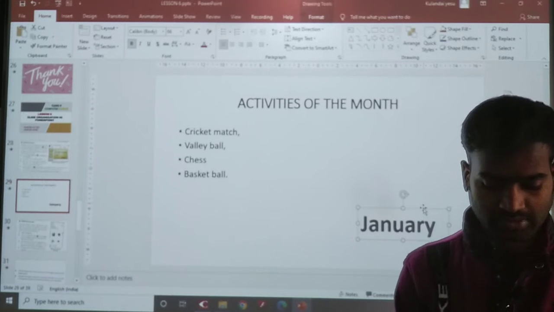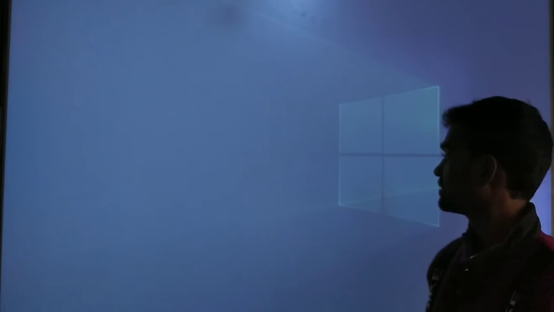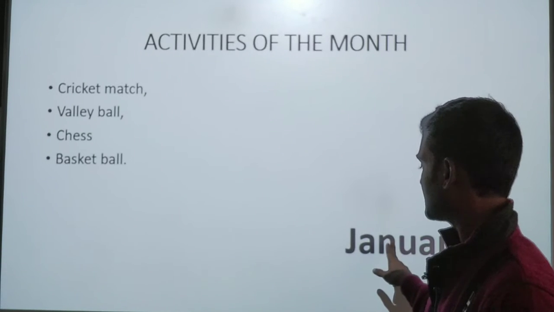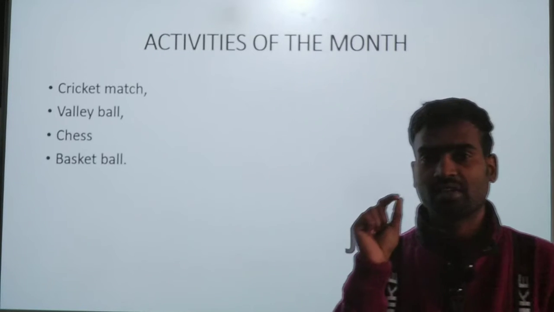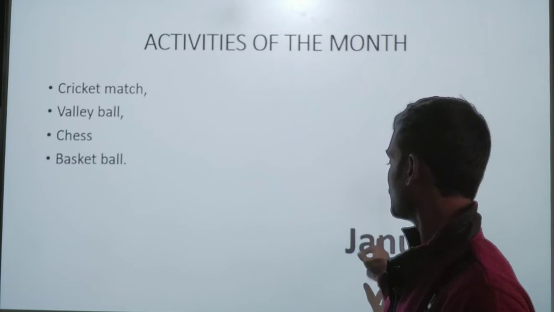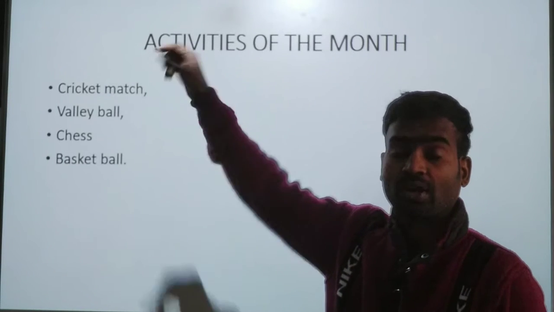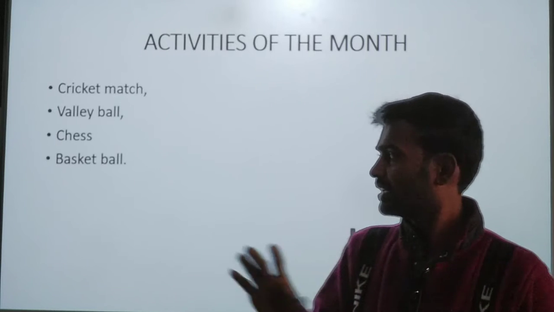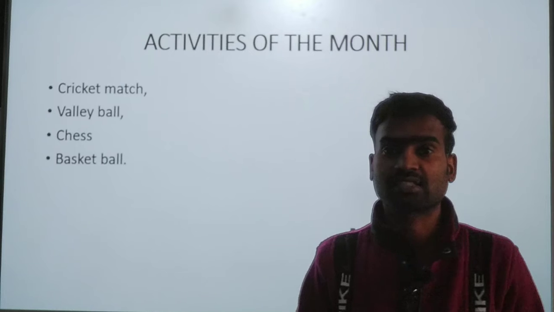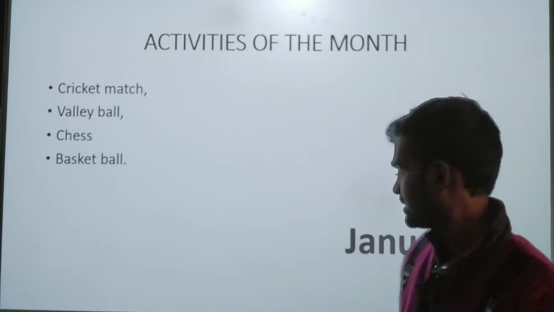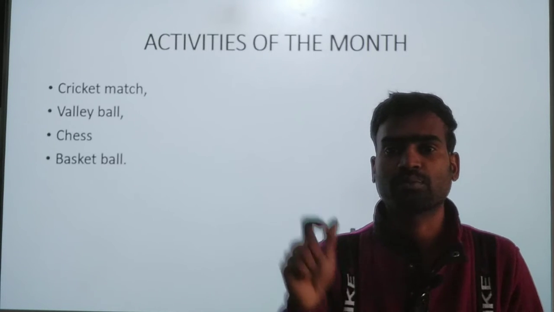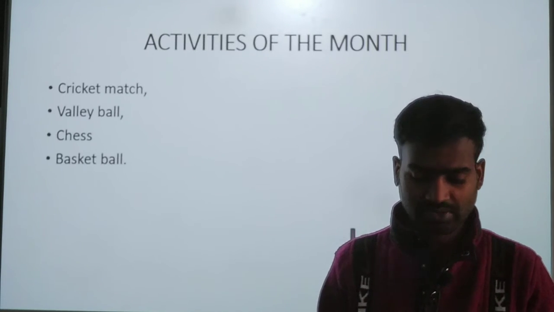Just keep it here. This is how we need to make it. In the text box, if you want to add one word or two words in any corner, you want to move this January to the corner, we can move it along with the text box, right? If you use the entire placeholder, the entire placeholder will move and we cannot arrange it properly. So for January we need the text box. Along with the text, along with the text box, we can move anywhere, right? So next, we shall cover the next topic.